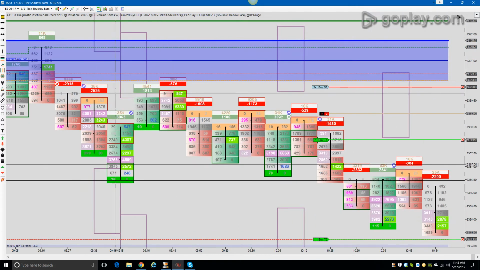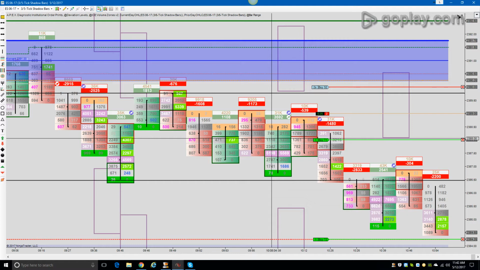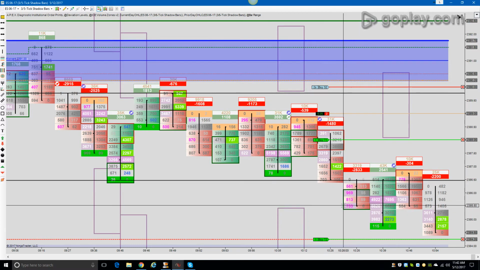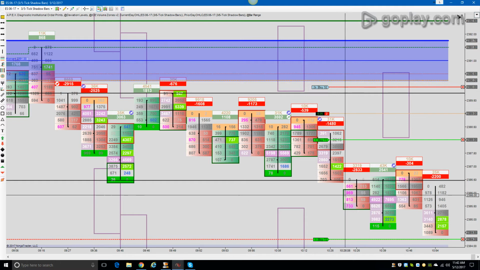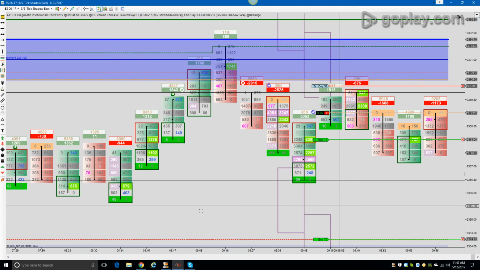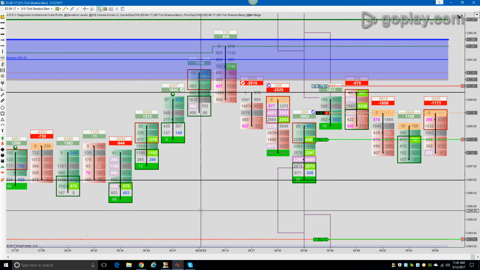Once we get chopped, like right here, it's accumulating orders to figure out what it wants to do, and then once it does, you see it breaks out, and you can visually see in the prints where those stops have been hit. Another thing that I look for, let's just say if I want to scalp into a trade,